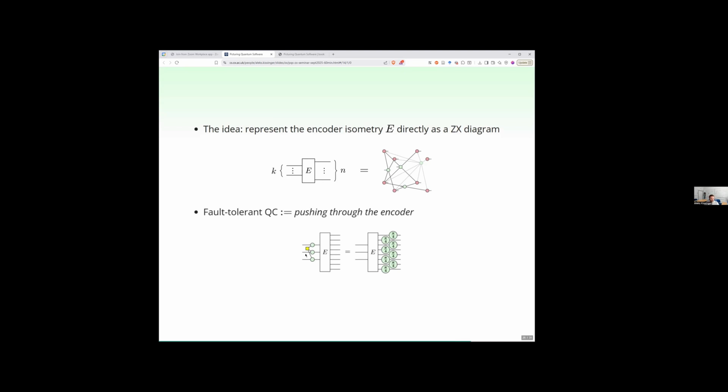For instance, maybe I wanted to do a logical CCZ gate like this. Then if my encoder is nice, maybe I can push it through and I get this, which is a transversal T gate, a T applied to all of these qubits. For instance, the 8-3-2 color code has this property. And it has to do, again, with the triorthogonal structure, why you can do this.